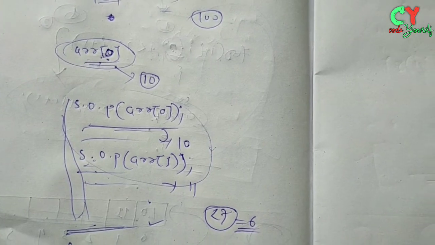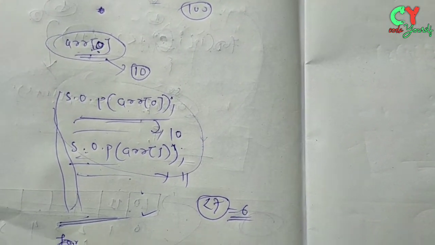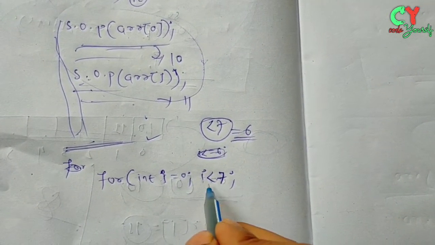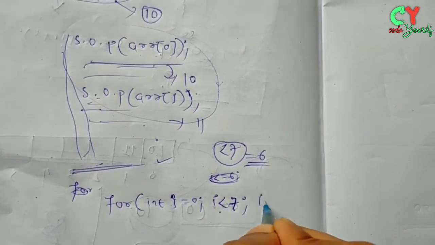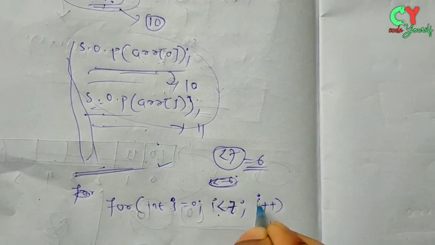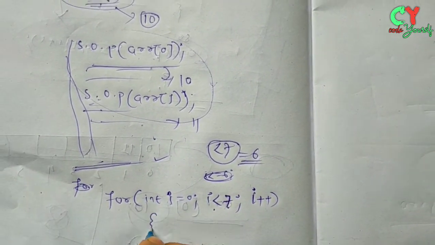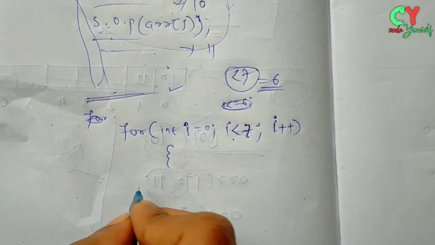We have to write that. We have to write, or we can do that I is less than or equal to 6 also. I will write I is less than 7. Then I will increment the value of I each time. Now inside the for loop, I have to write